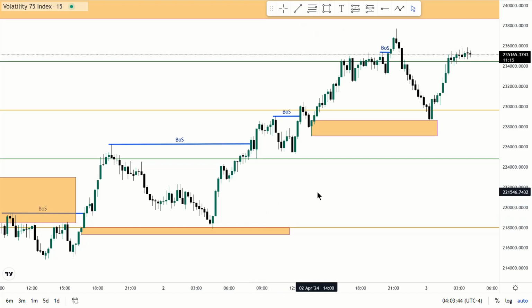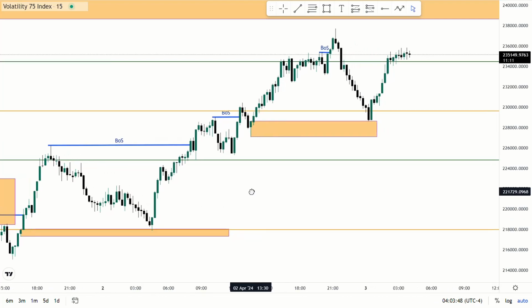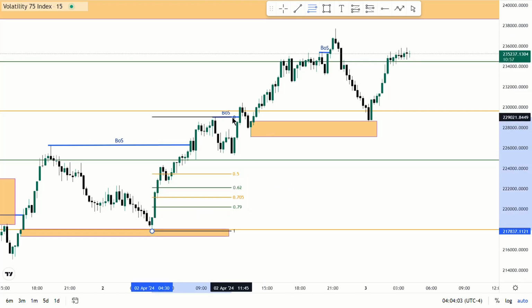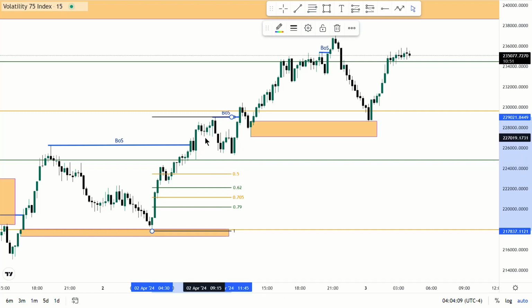Today, I don't even want to teach you where to take your profits and all that, but yeah. There was another break of structure here. Now you can clearly see this one. I didn't take it because, let me show you this. From this low to that high right there, you can clearly see the equilibrium was right here. It didn't even go that far. It just took out that inducement and then started going to the upside. So no.